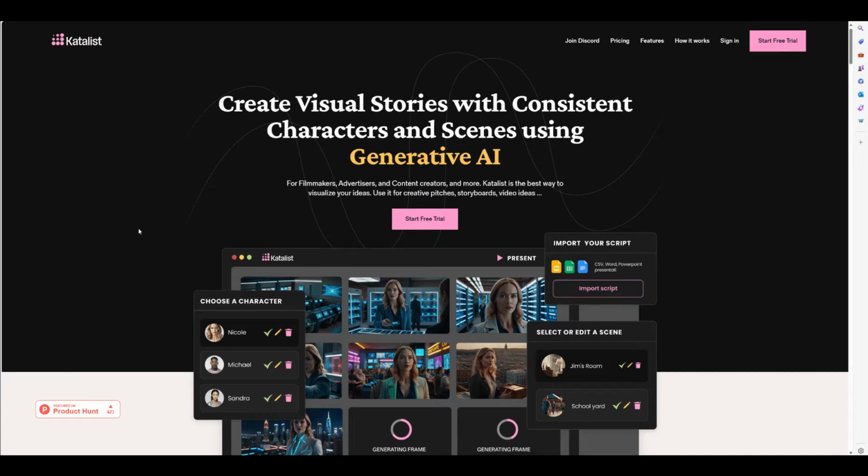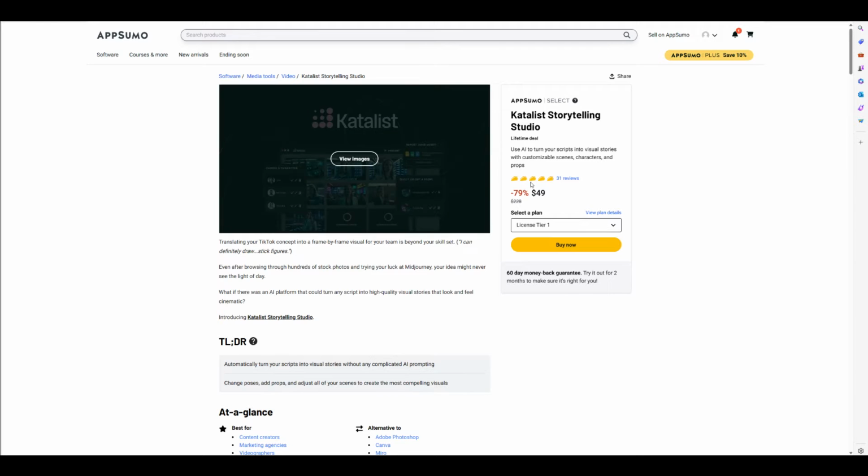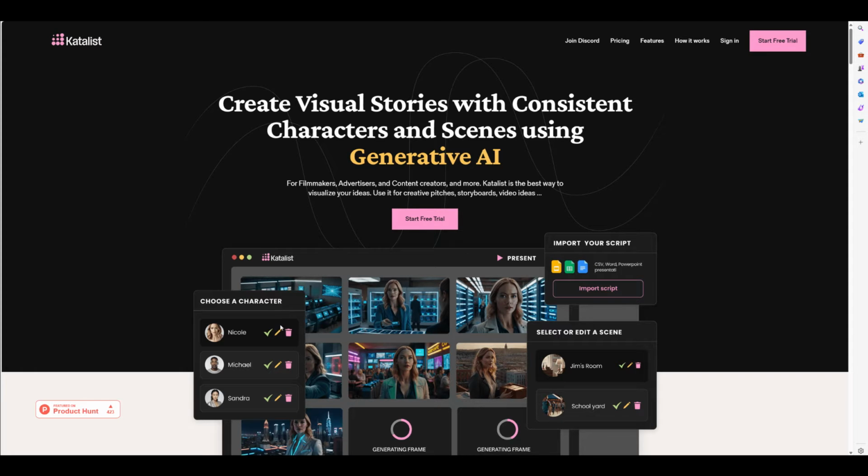So today I want to look at an app that just came out fairly recently, or at least I've just discovered it recently. I don't know how long ago it actually came out. It's one that I found on AppSumo a couple weeks ago called Katalist, and this, of course, is the main